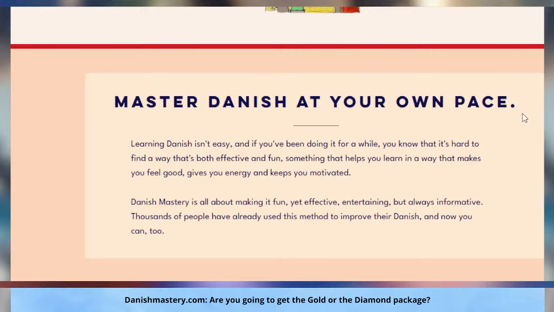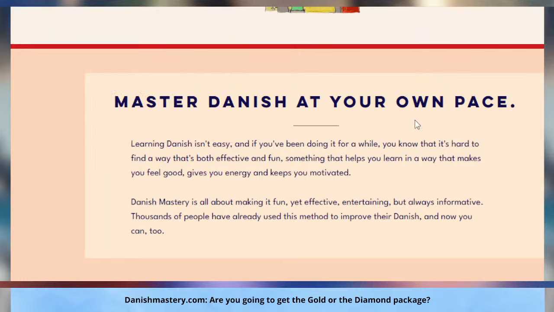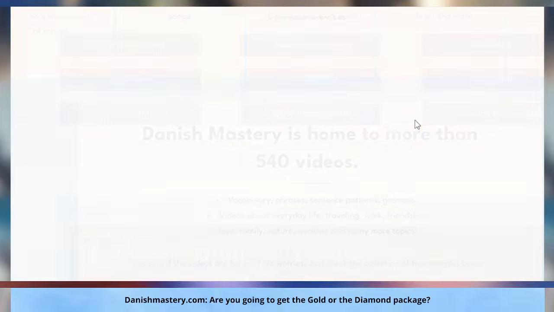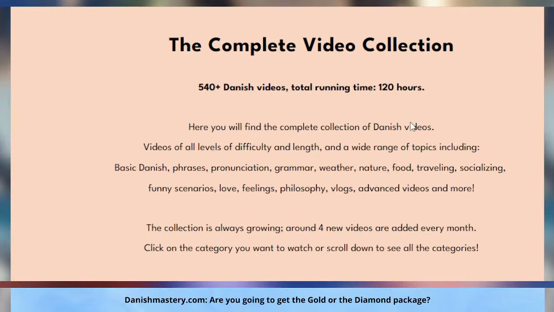If you are learning Danish and you think it's kind of difficult, almost like a mountain you're climbing, just a huge challenge, and you don't understand how people can get good at it, I should also tell you that it's not that hard. Sure, it's a challenge, but there are things you can do to make it easier. And I would say that if you are serious, if you are someone who really wants to get better, then